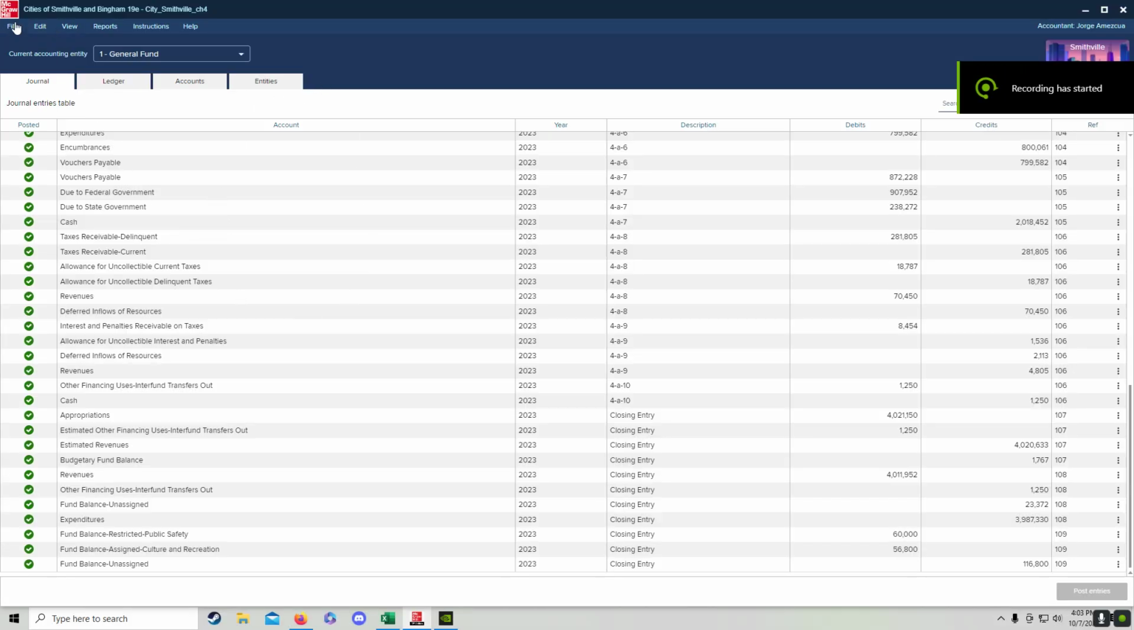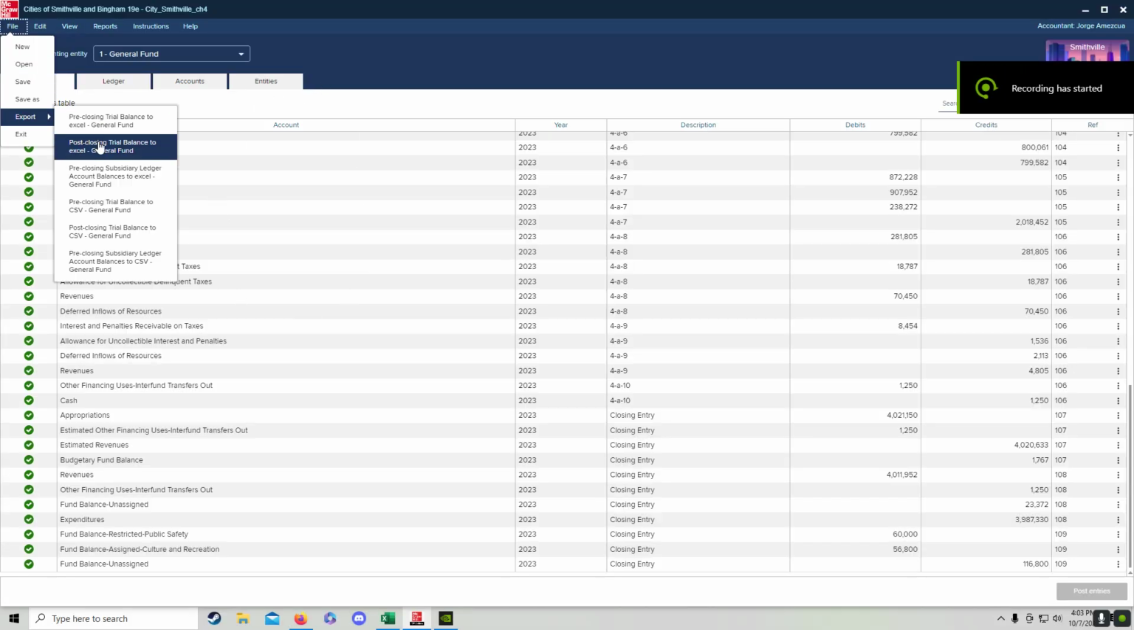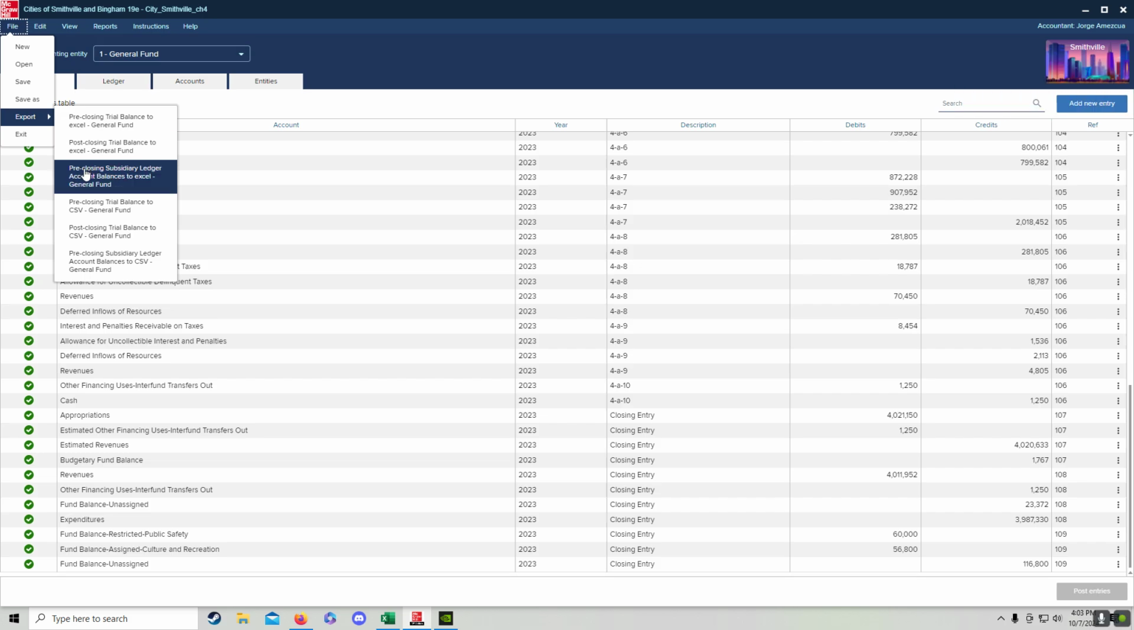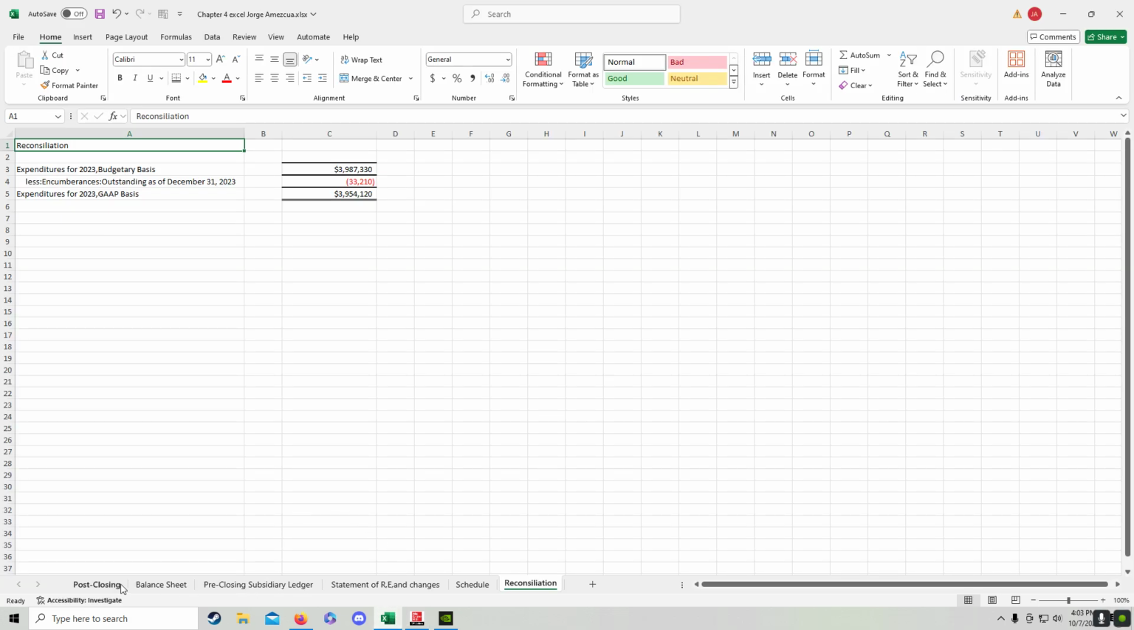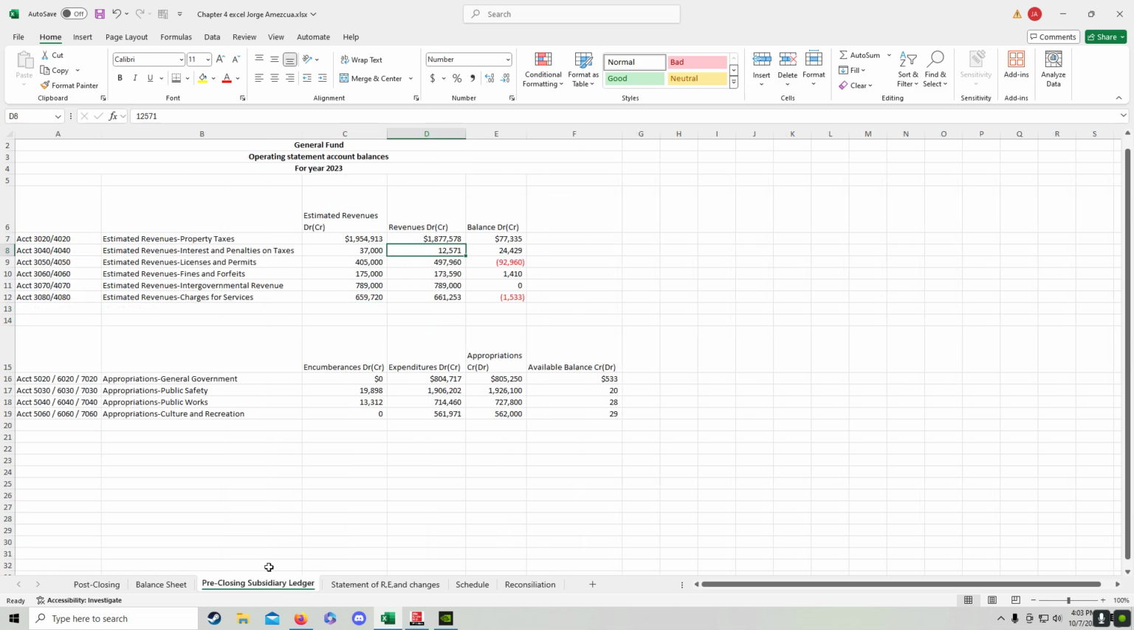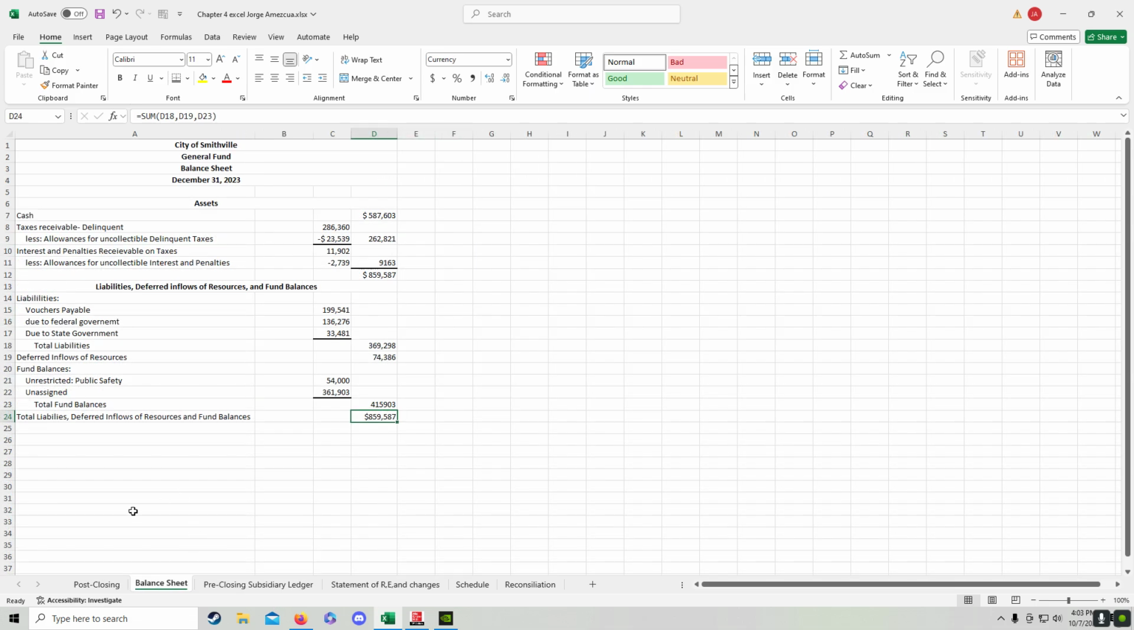Okay, so the way that I first began was by exporting the post-closing trial balance to Excel and the pre-closing subsidiary ledger accounts to Excel, and that's how I got this and this. For the balance sheet, I began with